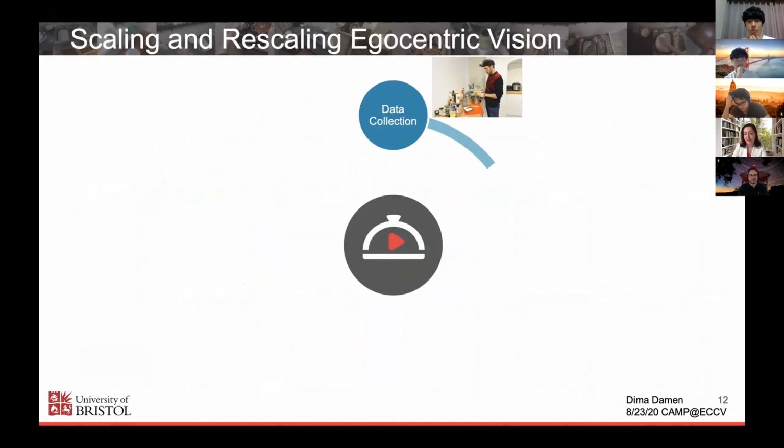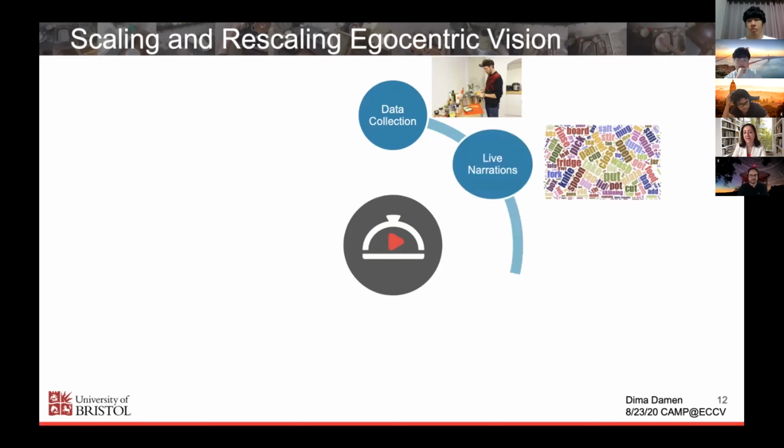People don't do this type of data collection because how on earth would you ground truth this? Like you have this whole unstructured collection of information. We stole an idea that is very common in movie understanding, which is taking subtitles. So after the data was collected, we asked these individuals to talk over the video, telling us what they've done, giving us basically a subtitle of the movie they have captured.